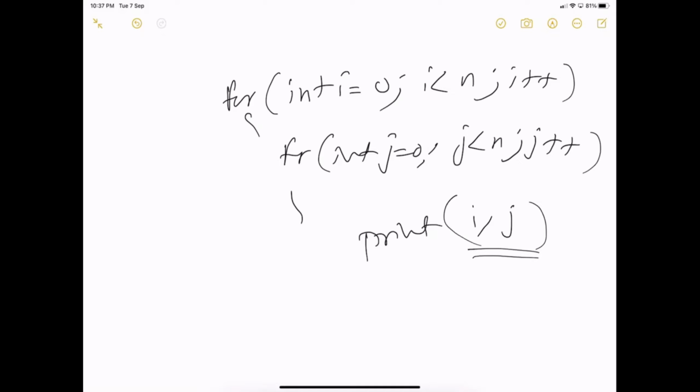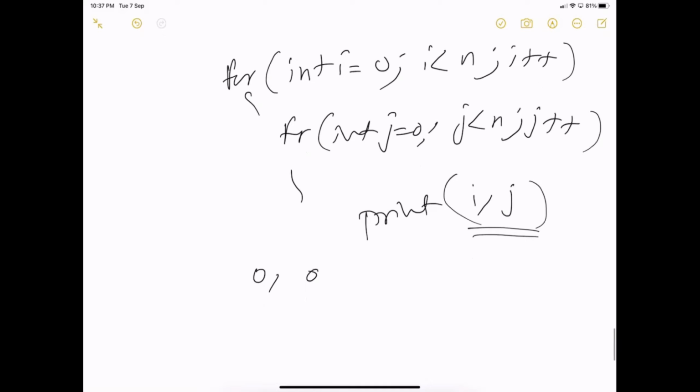It will not be 0, because I am printing two values, right? It will be 0, comma 0. Till that it is clear, right? So now tell me what will be the second value that will be printed. That will make things a little more clear. Second value will be 0 because